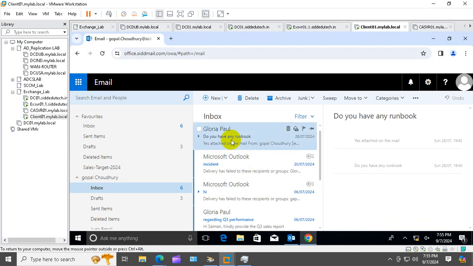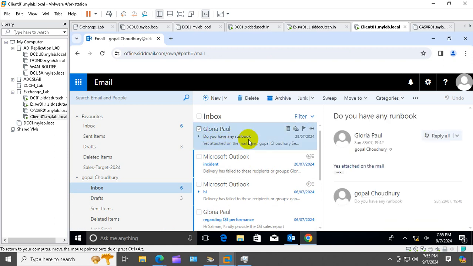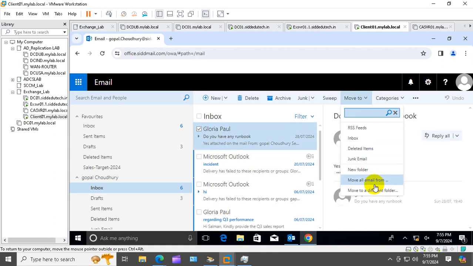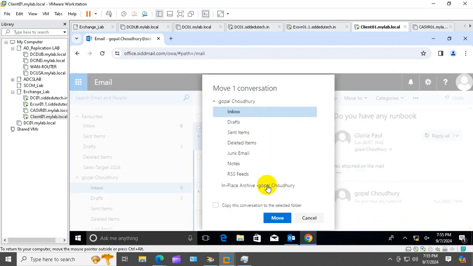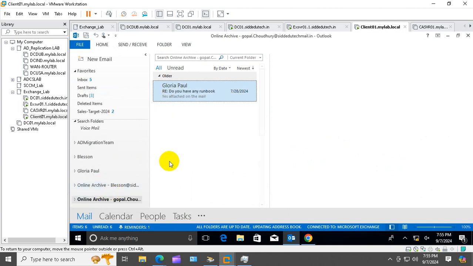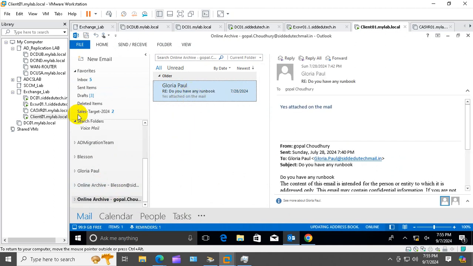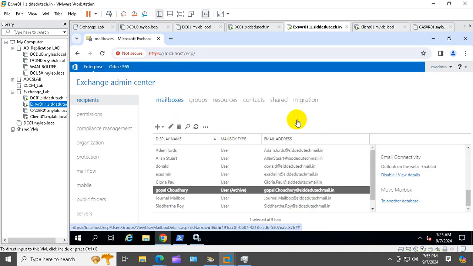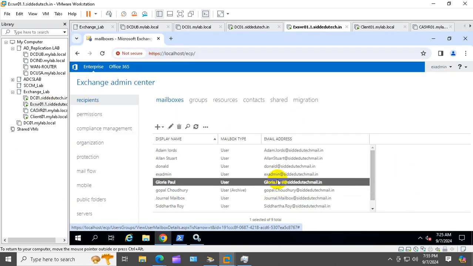Now this mail you need to move to your archival folder. In web it will take some time, but in Outlook you can do it. Through Outlook you can see, okay, your archival you can put it here, but in Outlook web it will take time. So now what we can see, if I go to here,